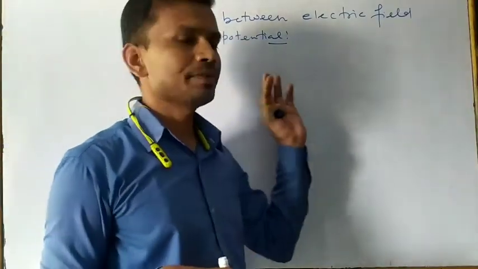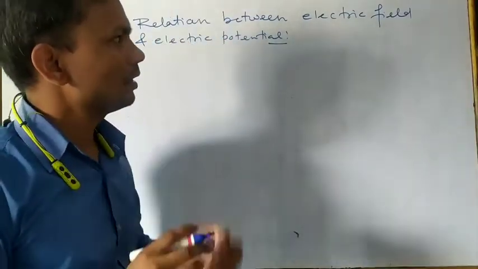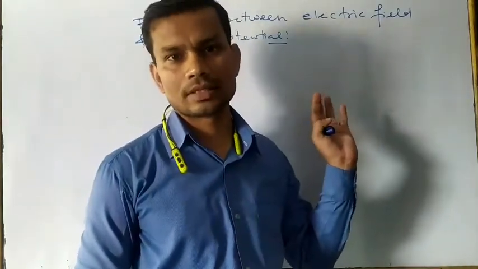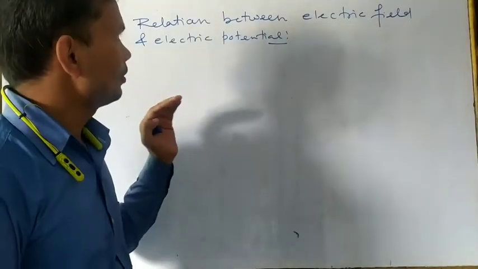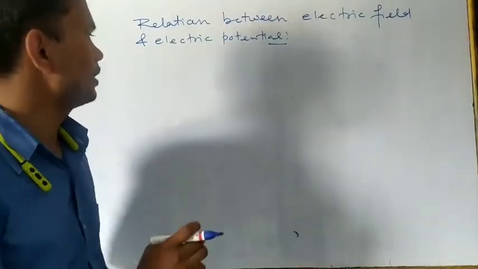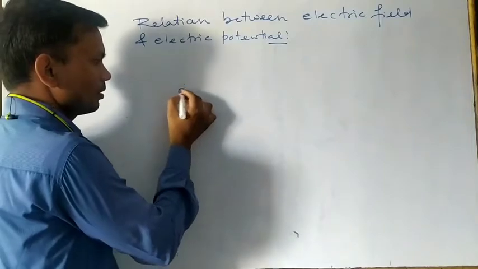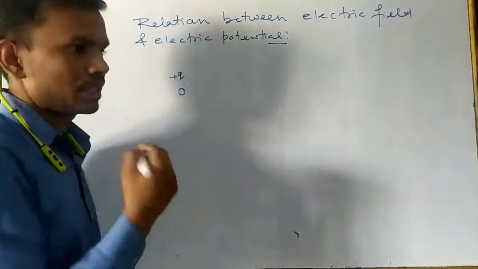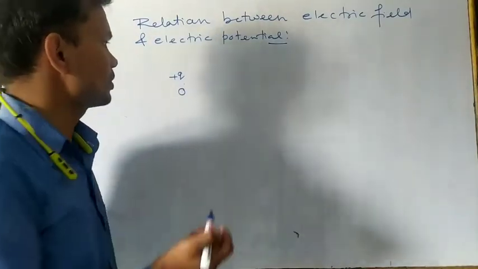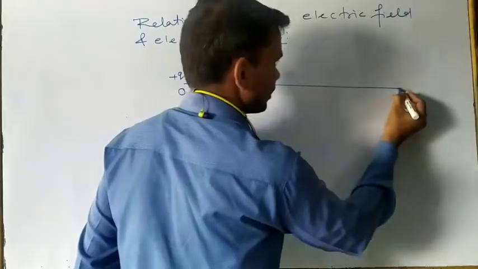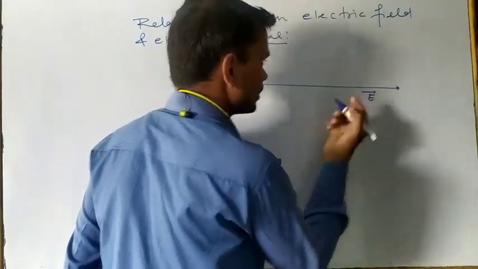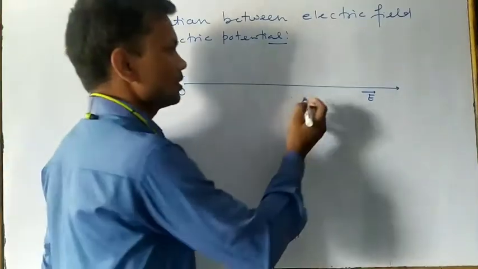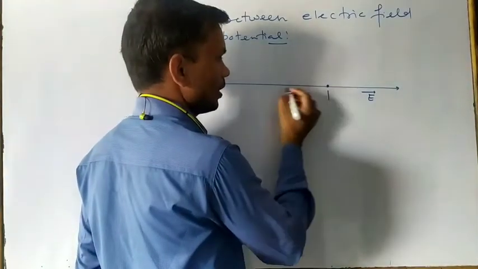Here you have to see, electric field is a vector quantity, and electric potential is a scalar quantity. For the relationship, suppose this is one point O, and at this point we are keeping a plus Q charge. We say that this is the source charge. Suppose the direction of the electric field is away from this charge, and in the electric field we are considering two points. Suppose this is point 1 and here this is point 2.